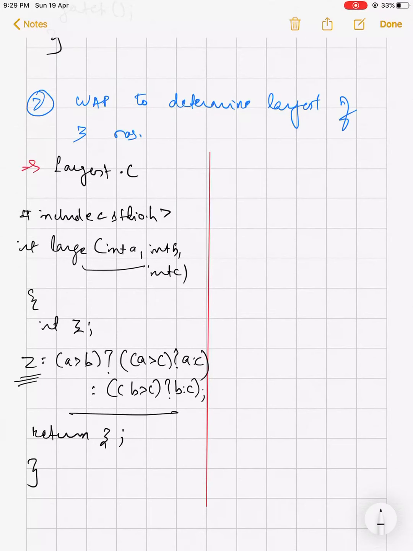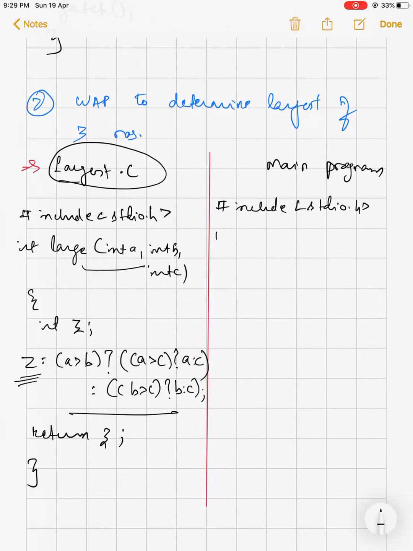in the main program I will write down, see, first of all, this is my main program. Now this is already saved in my memory or bin. Whatever you say, bin or memory, it is already saved inside. Now what I'm trying to do, I'm going to include this file named largest.c. So in #include, first of all, stdio.h, then include largest.c. Oh, sorry, mistake, this is not a standard file.